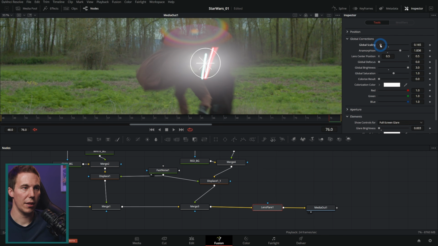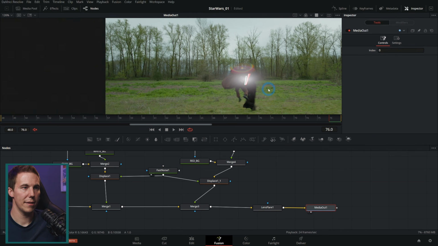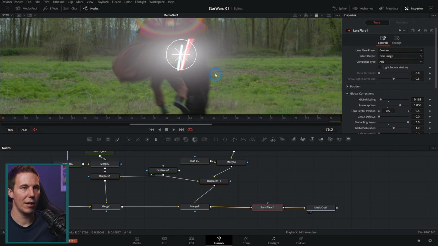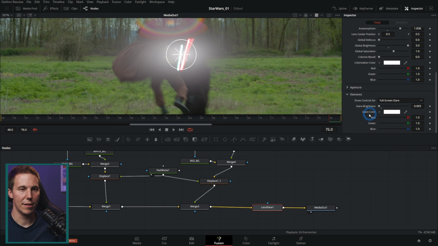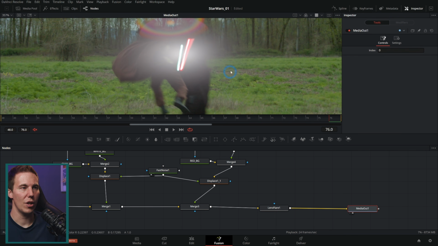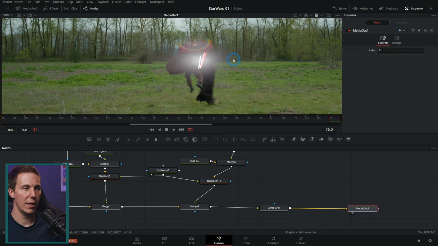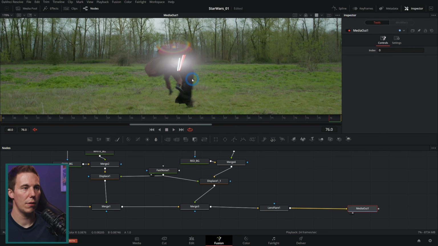Maybe even push the scaling up a little bit. I mean, it gets kind of ridiculous. And this isn't quite bright enough, and that can be because of the color management stuff. This is probably something we can adjust here in the color page. We don't need to get totally crazy in Fusion, but I think something like that, where these hit together and